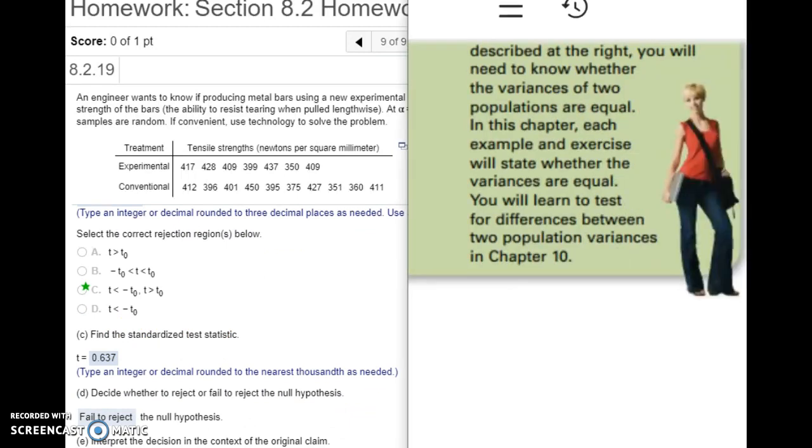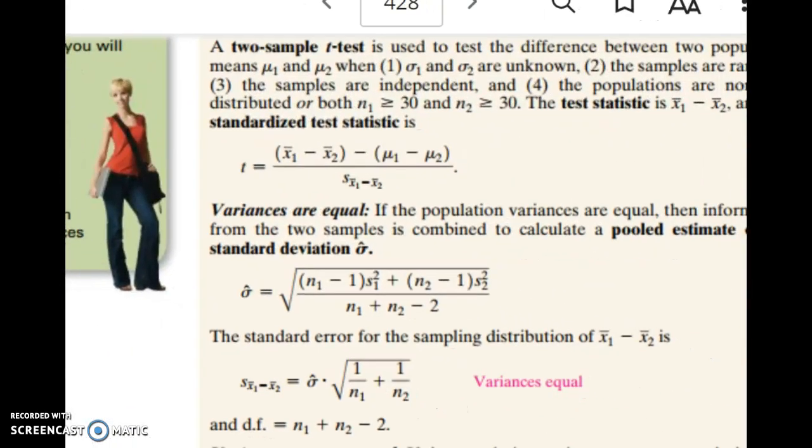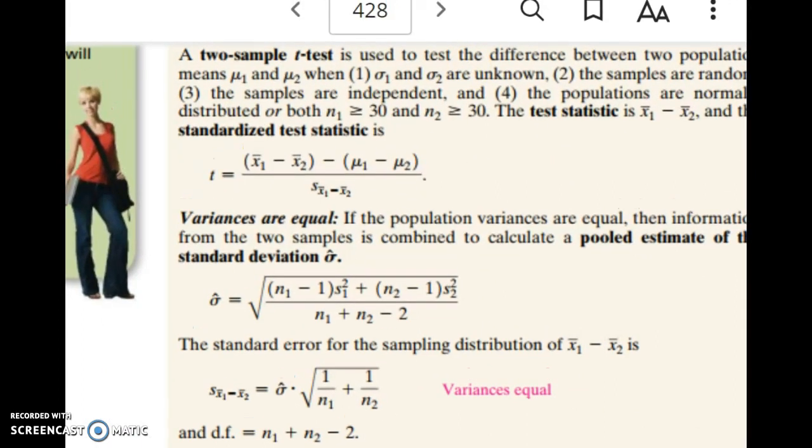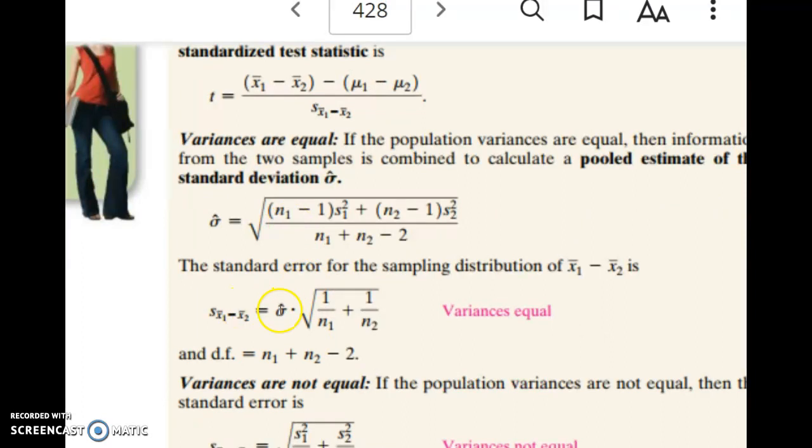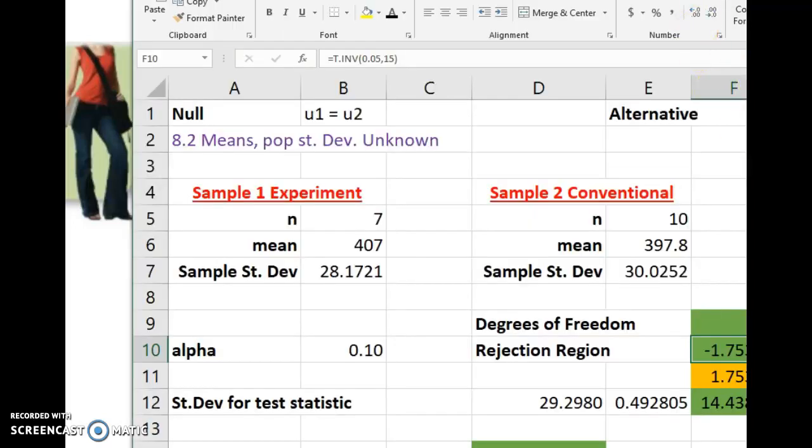So let me again go back. This is on page 428 of the text. We're assuming the variances are equal, so we're going to need to calculate this right here. So the first thing to do is calculate this, which has the long formula right here, and then we're going to multiply it by the square root of 1 divided by the first sample size plus 1 divided by the second sample size. So I break that up into steps here